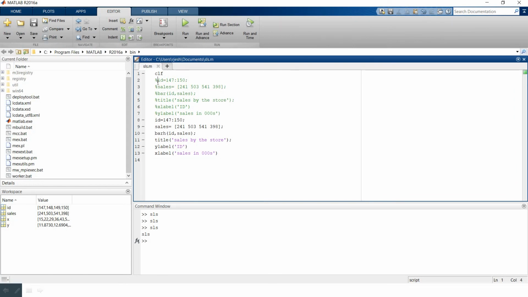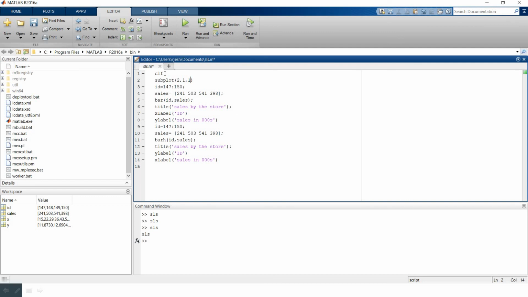For that just comment this out. After clf just type subplot. What is the syntax for subplot? First of all, 2, 1, 1. What does 2 represent? It is the number of positions.